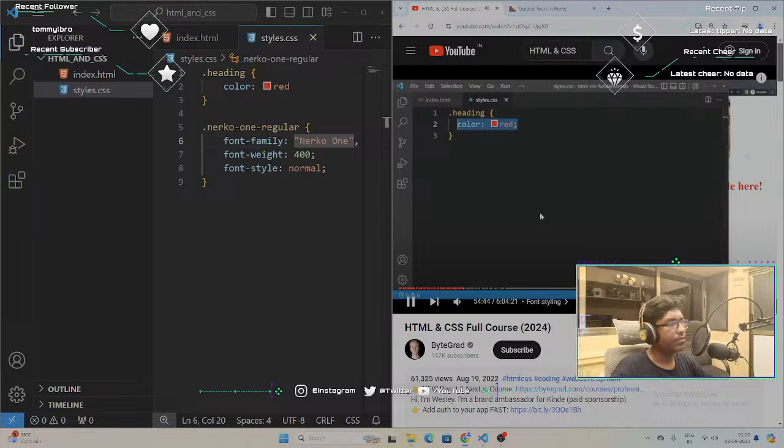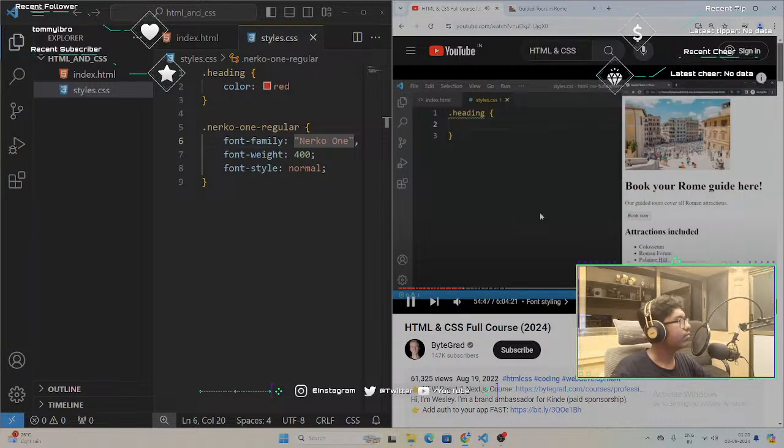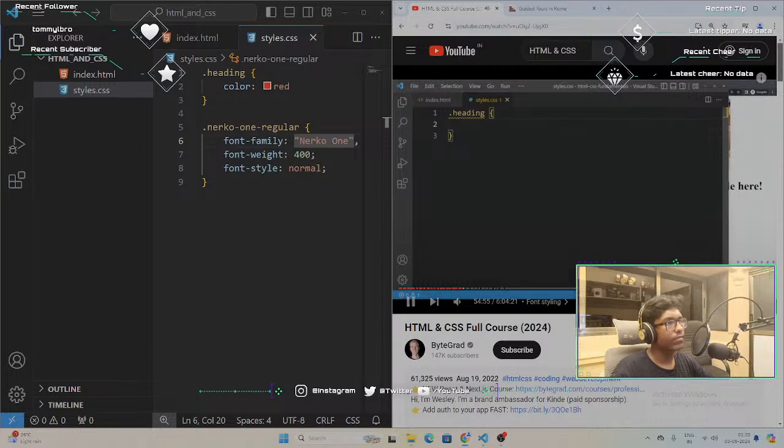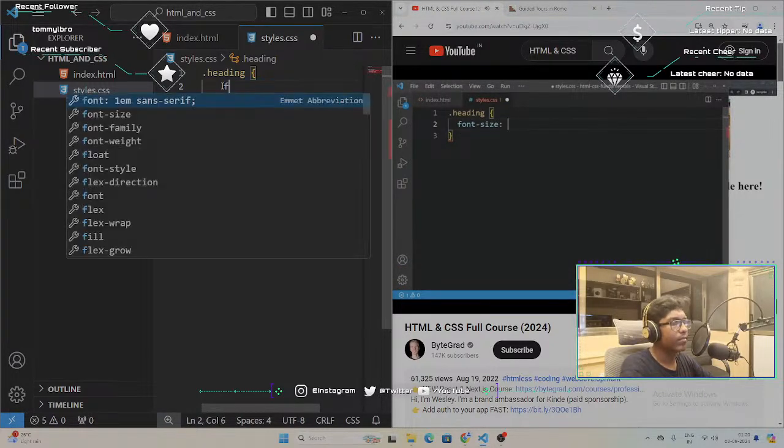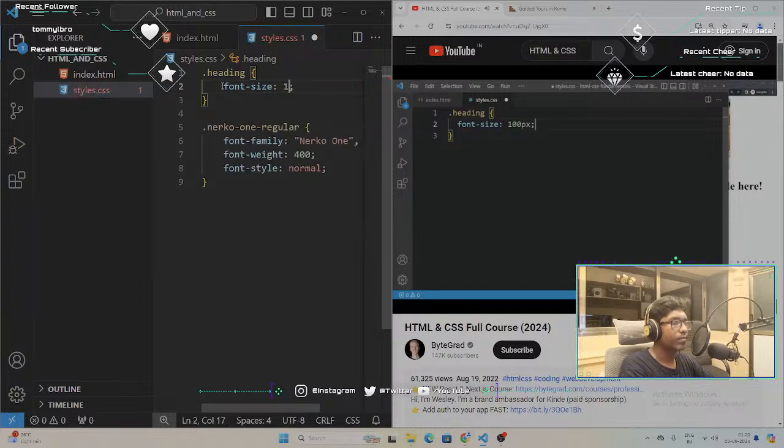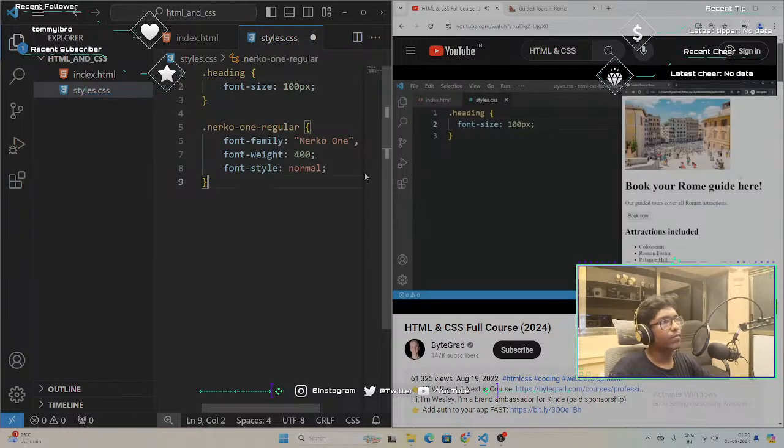So this heading, we don't really want to make it red, so let's actually undo that. This heading here, maybe we think it's a little bit too big, or maybe it's not big enough. Maybe we want to make it even bigger. So we can say font size is 100 pixels. So we use the unit pixels in CSS. And if we do that,